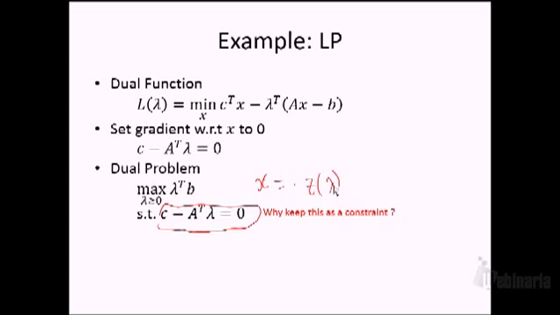And in this case, you usually don't need to introduce additional constraints because this condition does not enforce your choice of lambda. For any lambda you pick, you have a corresponding x. On the other hand, this condition does not involve x. It just constrains your choice of lambda. It says for the Lagrangian to have a stationary point so that you can actually do minimization, your choice of lambda has to satisfy this condition. Otherwise,